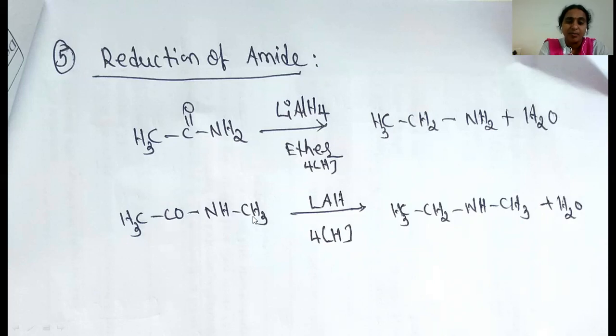Similarly here, this compound also undergoes reduction with the strong reducing agent, that is lithium aluminum hydride. So here also it reacts with 4 hydrogens, or 2 moles of hydrogen. So first 1 mole of hydrogen will add here and produces the alcohol, and second 1 mole of hydrogen will add, that OH group also eliminates and produces the CH2. So this is the N-methyl ethanamine. So like this we can prepare different types of amines by different methods.